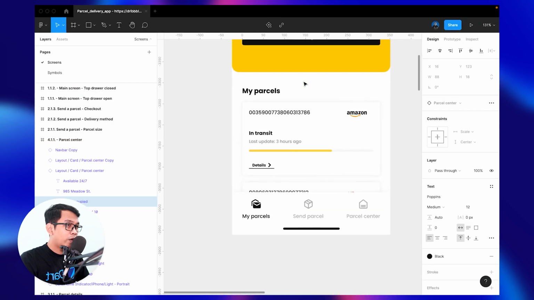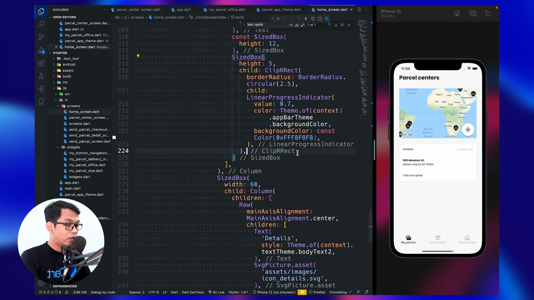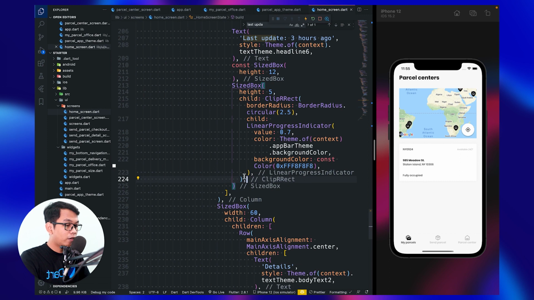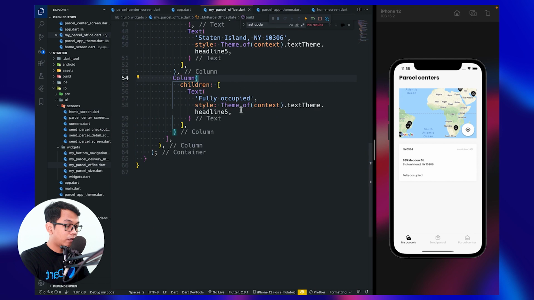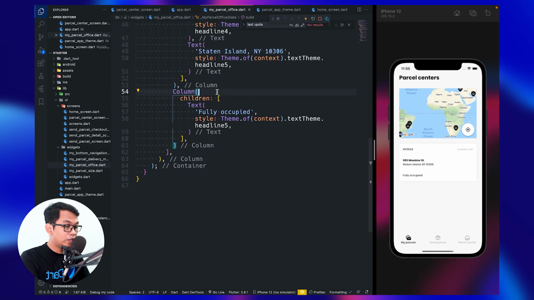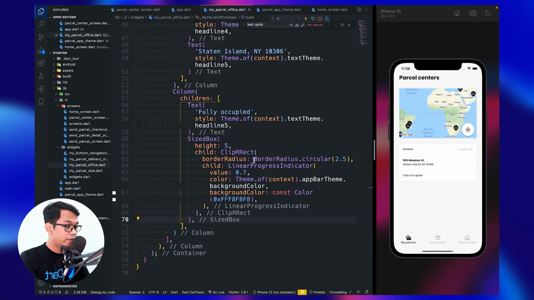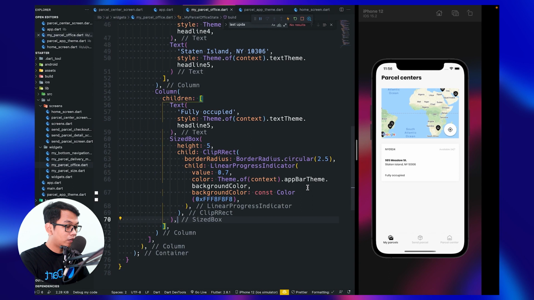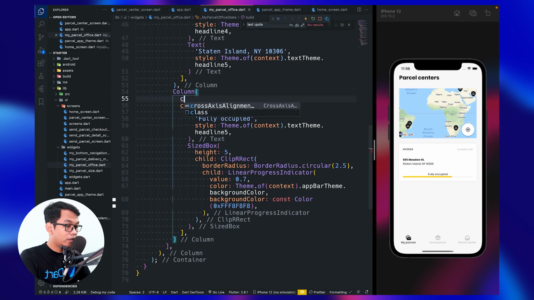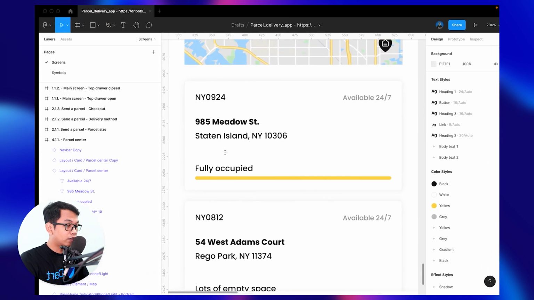In the next video maybe we'll create a styling for our linear progress, so everywhere we need it we just call our style. All right, so we can copy from our home screen. So copy this and go to my parcel office, and below our text widget, our height is 5, and yeah, it's similar. And now for the cross axis alignment we say start again.